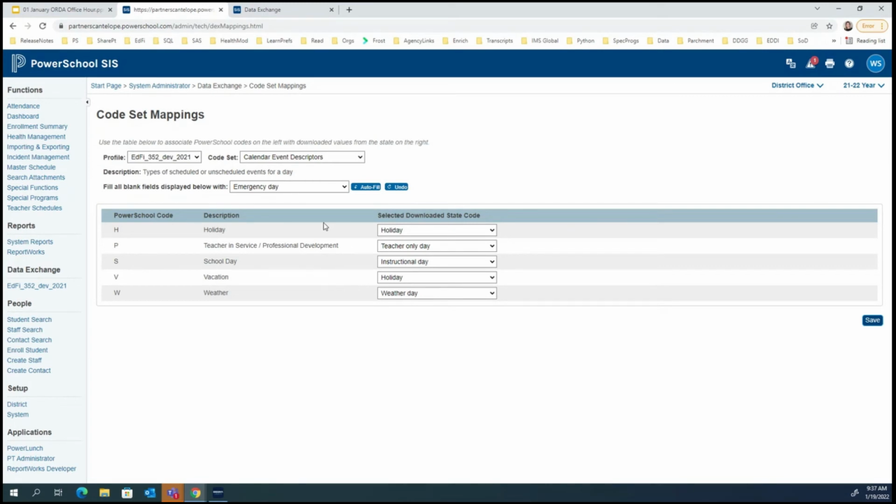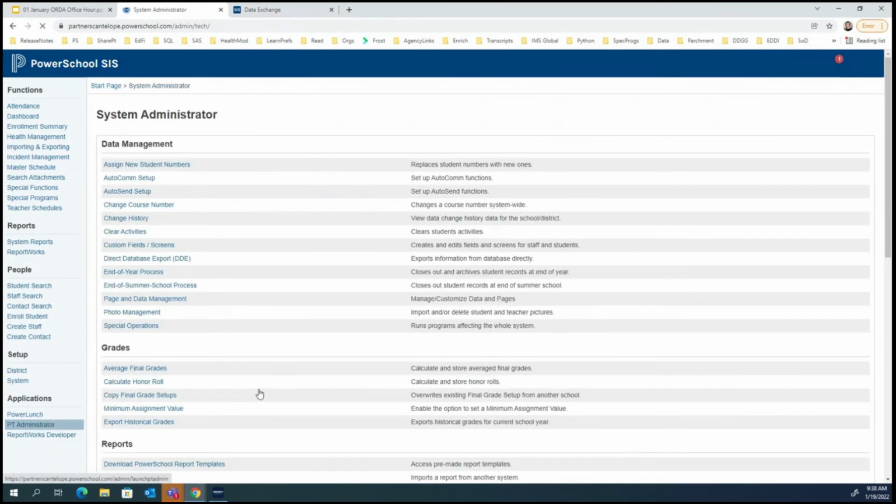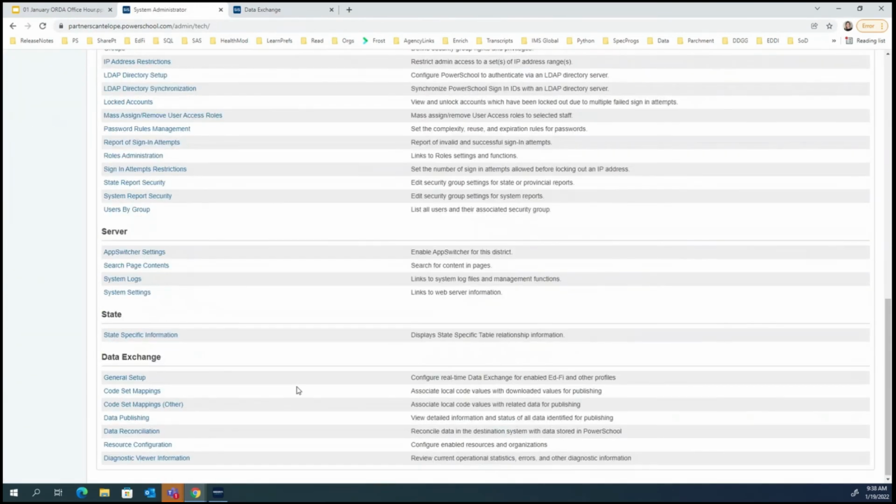So what that means is that I think districts should hold off on doing this kind of code set mapping until we give the thumbs up. Would you disagree? I don't disagree at all. I think that's a good idea, unless Josh disagrees. No. I would say go ahead and wait until you get information from us, basically giving you a descriptor version set. So when we're ready to really start pushing data into the ODSs, we'll probably have a descriptors version 1 available. And that'll be the first time we really want everyone to go in and select the code set mapping. Okay, good to know.